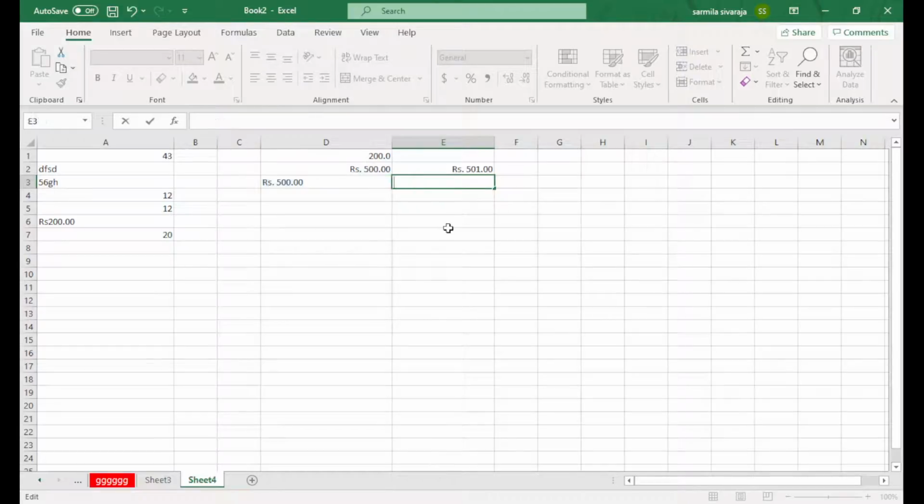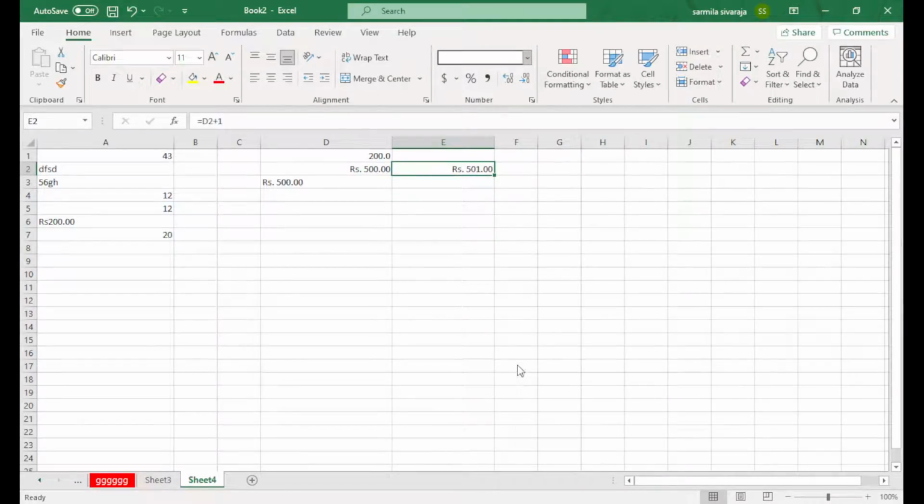Okay, so you can set your currency value in such a way. You can come to more number formats and go to currency. You can find the symbol. You can select your rupees or dollar or anything, and you can set the decimal places. Decimal places means you may need 3 or 1, or sometimes we need 1 decimal point. Based on that, you can set it and calculate everything after using this. So the next option is, just come to accounting.